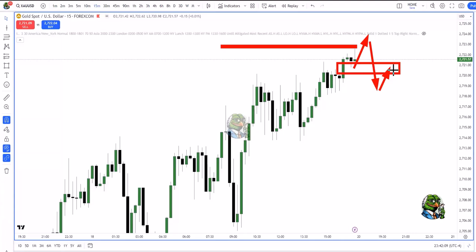And I want to see that, and then I want to have a short setup, okay? Breaker or bearish order block, okay? Or we can even just use that inversion, this fair value gap, which is bullish, as an inversion fair value gap once we close below, we'll push back up into it. And I want to see it move back down into this fair value gap here that we see, right?